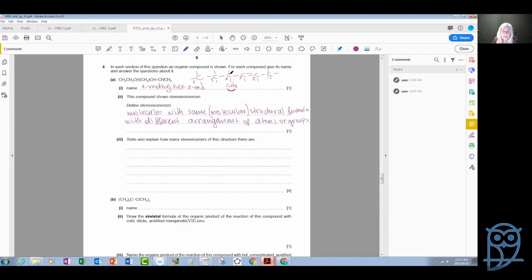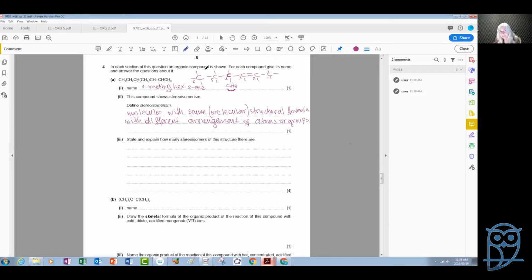Also, take a look at this carbon here. This is a chiral carbon. A chiral molecule is one that has a chiral carbon. And what is a chiral carbon? It is one where the 4 bonds that it makes are with different items, like one type of alkyl here and another one over there, and perhaps a hydrogen and some other alkyl over here. Now this carbon here is chiral because